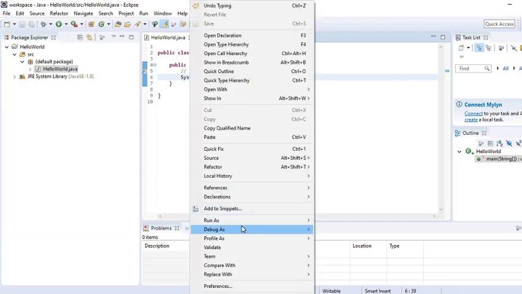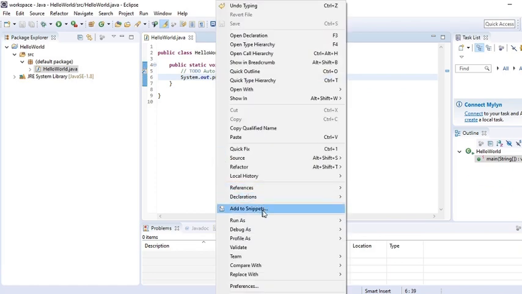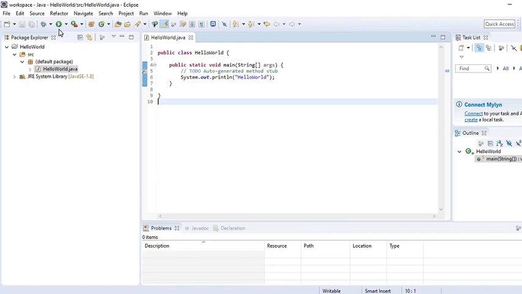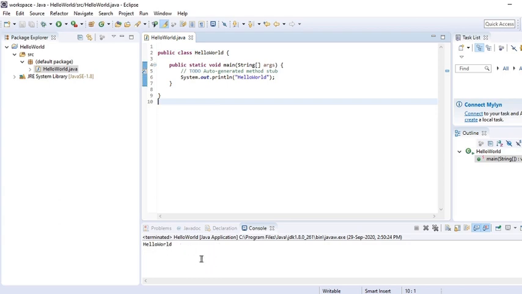You can right click, Run As, Java application, or a simpler way is to go to this Run button. When you run this, it compiles and runs the Java program. You can see the output here in the console. This is the console for the tool. You can see the output as hello world.